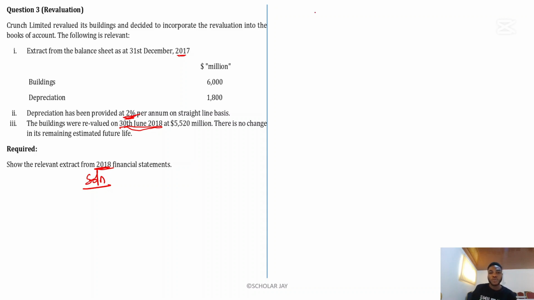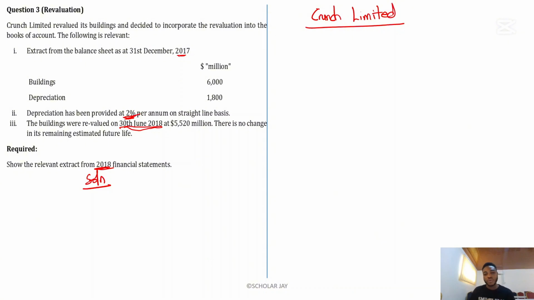Now, one trick. First of all, even though we are solving questions on subsequent measurements IAS 16, I also teach you how to solve questions. It's very important. So Crunch Limited, the name of the company. Now, immediately you hear about revaluation, the asset has been revalued, the first thing you should focus on, don't even consider the revalued amount. The first thing you should focus on is getting the carrying amount. Very simple. So we are going to make this question solving very simple. Focus on carrying amount as at